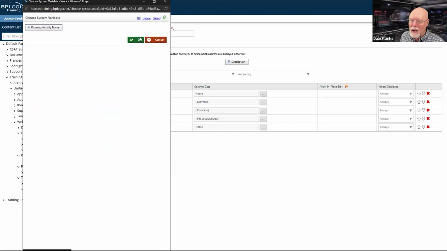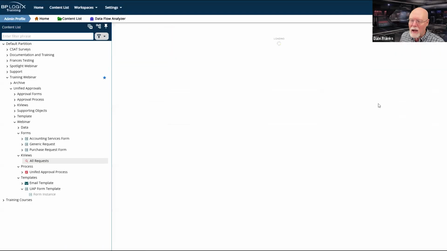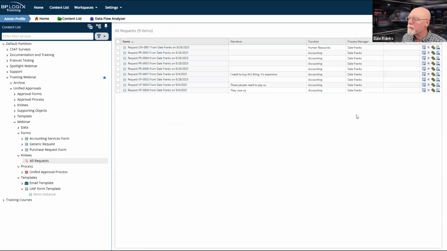Now, to use form field to make this work, these fields exist on every object, so we can just go update and run. And now we can see where I added the narrative and where I didn't. We can see what function it.